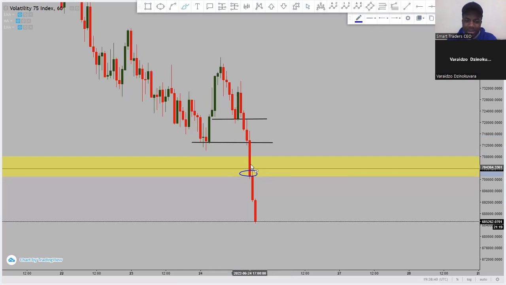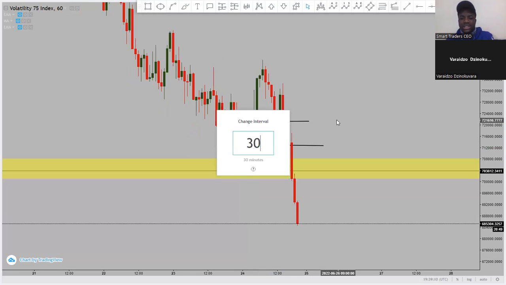Your stop loss just above, just in case it comes back and pulls back and creates a weak rejection there. So first, second, third, the fourth entry is the pullback to that entry, the pullback and the rejection. Is it going to pull back all the way there, or is it going to respect here? If it respects there, we'll simply enter there. If it comes all the way there, we'll also enter there.